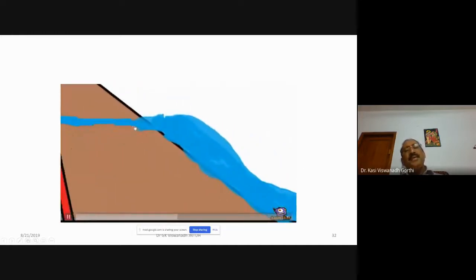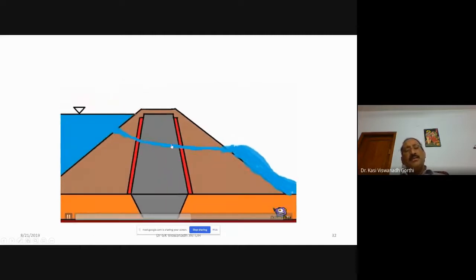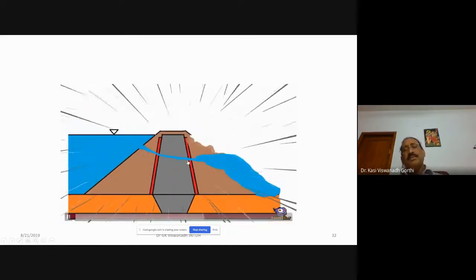See how piping is spoiling or damaging the dam section shown here.